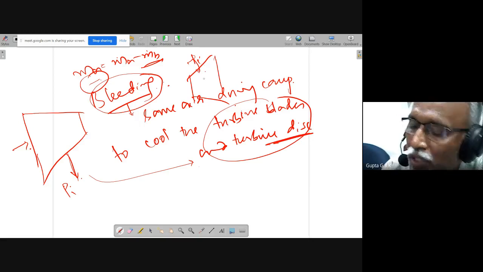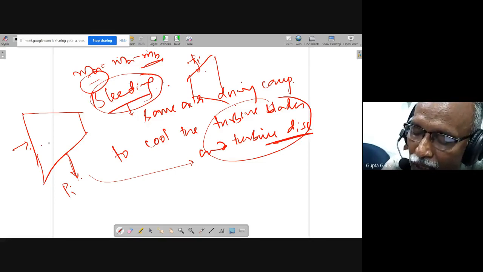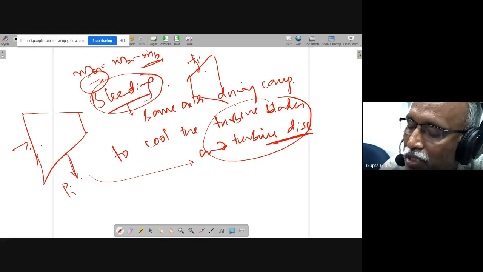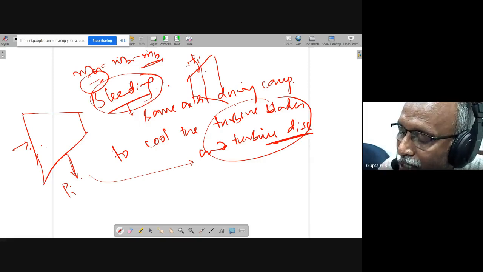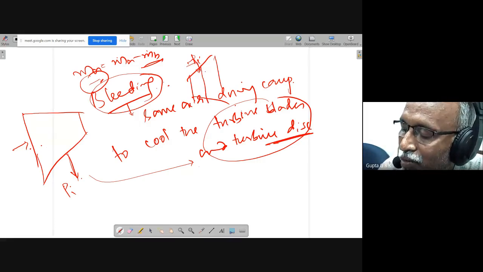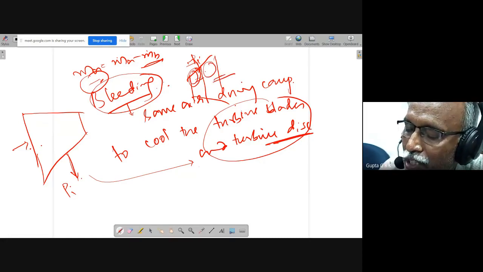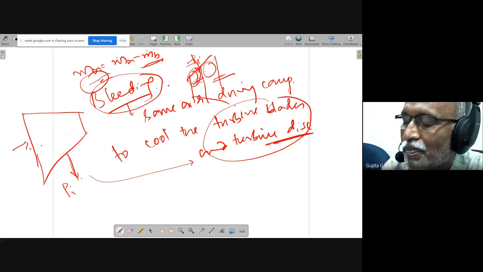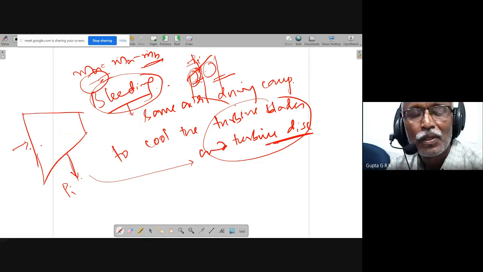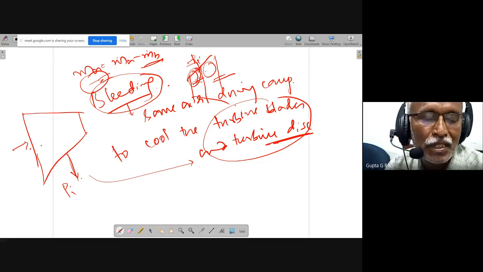So when you calculate the powers and all, you have to use the mass flow properly. What is the mass flow in the compressor? What is the mass flow in the combustion chamber? If it is mixed after some expansion, what is the mass flow in this turbine? Here there will be full mass flow. Here there will be less mass flow in the combustion chamber and the first turbine. Like that, we have to include the bleeding wherever it is given in the problems.